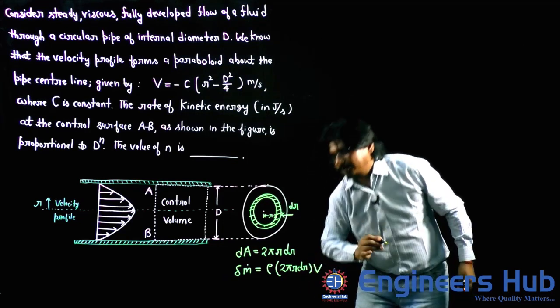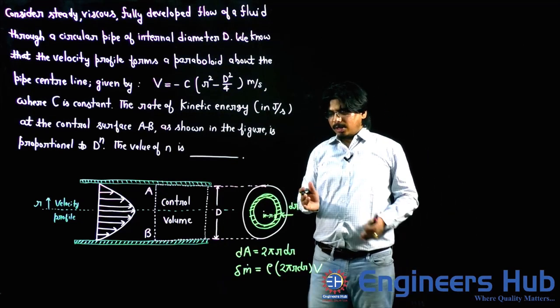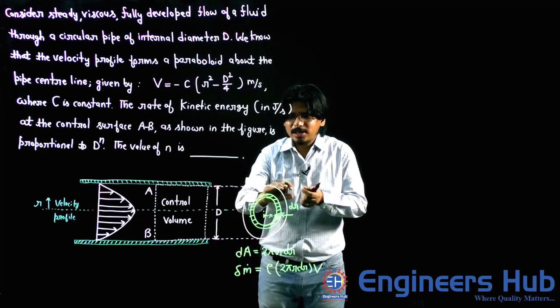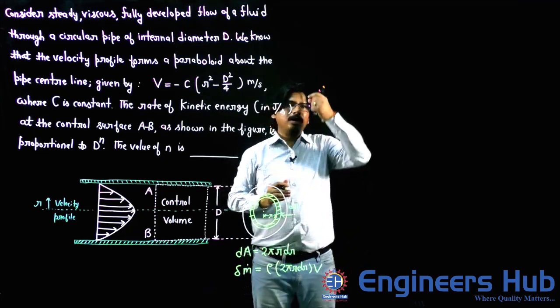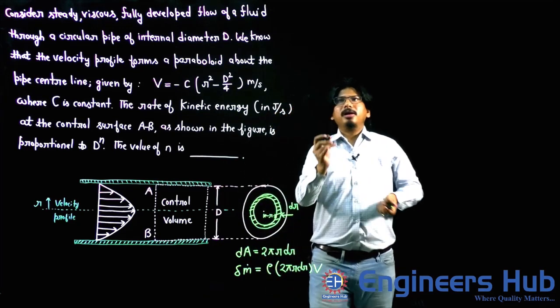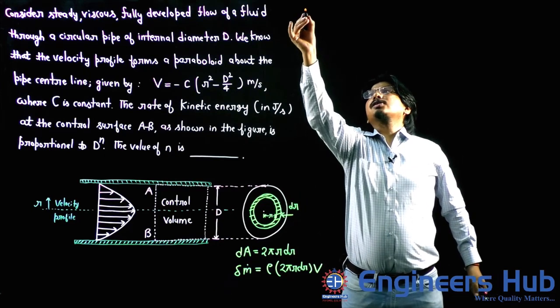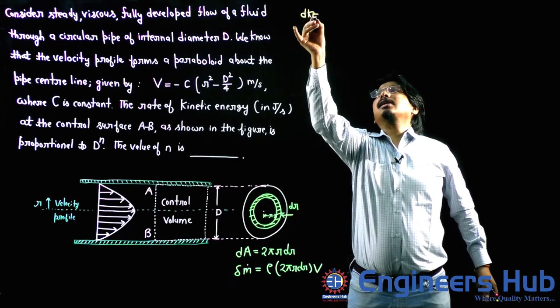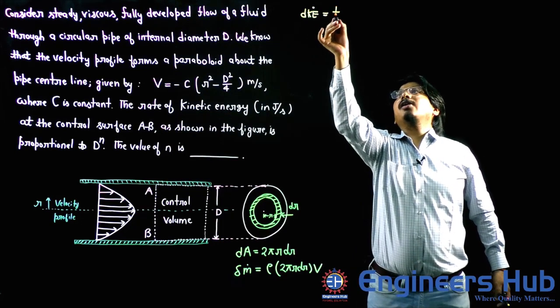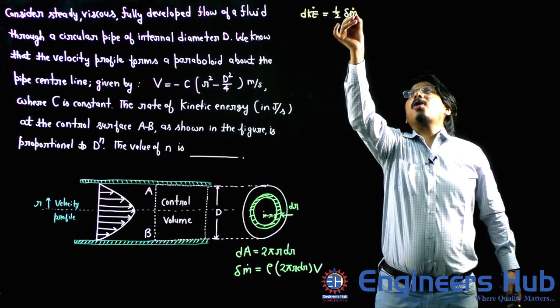Let me write v. So this is the small mass flow rate which is passing through this small strip. So what will be the kinetic energy rate passing through this strip? So look at here, my friends, small kinetic energy rate passing through this small strip will be half del m dot